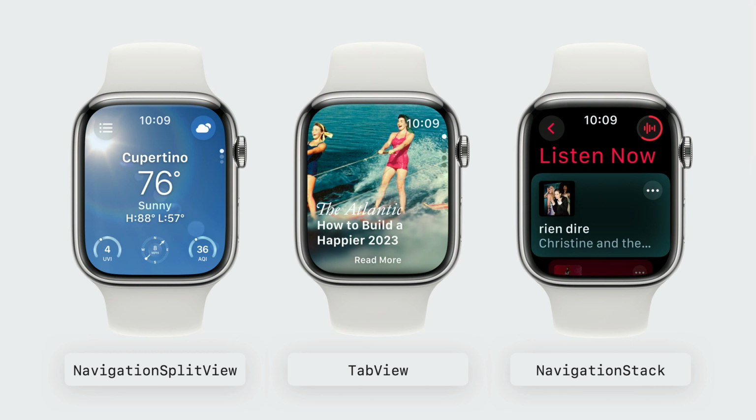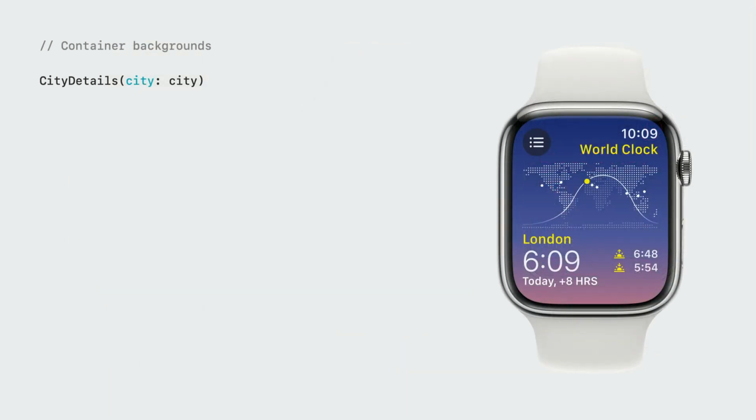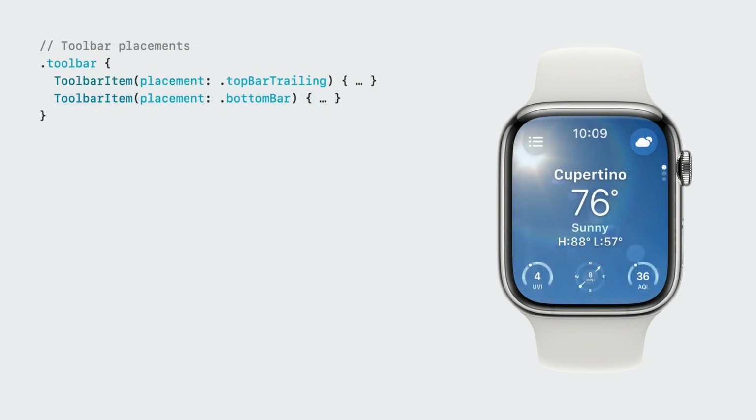Navigation Split View and Navigation Stack get beautiful new transitions. Tab View gets a new vertical paging style driven by the digital crown. SwiftUI introduces some new API to help you bring this full-color flair to your Apple Watch apps too. The new Container Background modifier lets you configure these subtle background washes that animate when you push and pop content. You can also configure backgrounds for tab views on watchOS. And new multi-platform toolbar placements